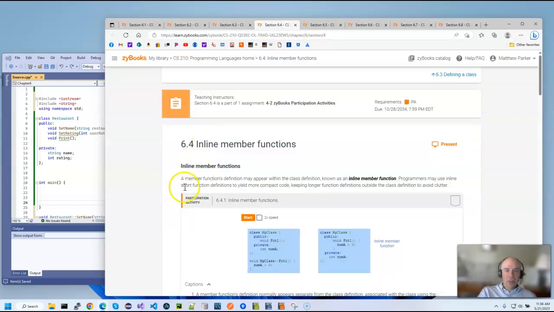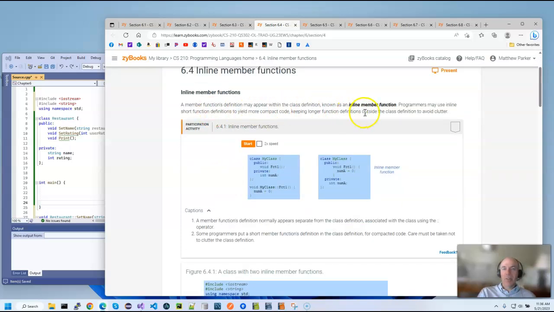Okay, let's go to the next section. In here, they talk about what are called inline member functions. These are the actual implementations of a function in the header file. So for instance, they initially said, all right, this class has a method called function1, and then eventually it got implemented. Here, they're going to actually implement that method in the header. This should only be done if it's something very trivial, something very, very simple like this, where they're initializing num